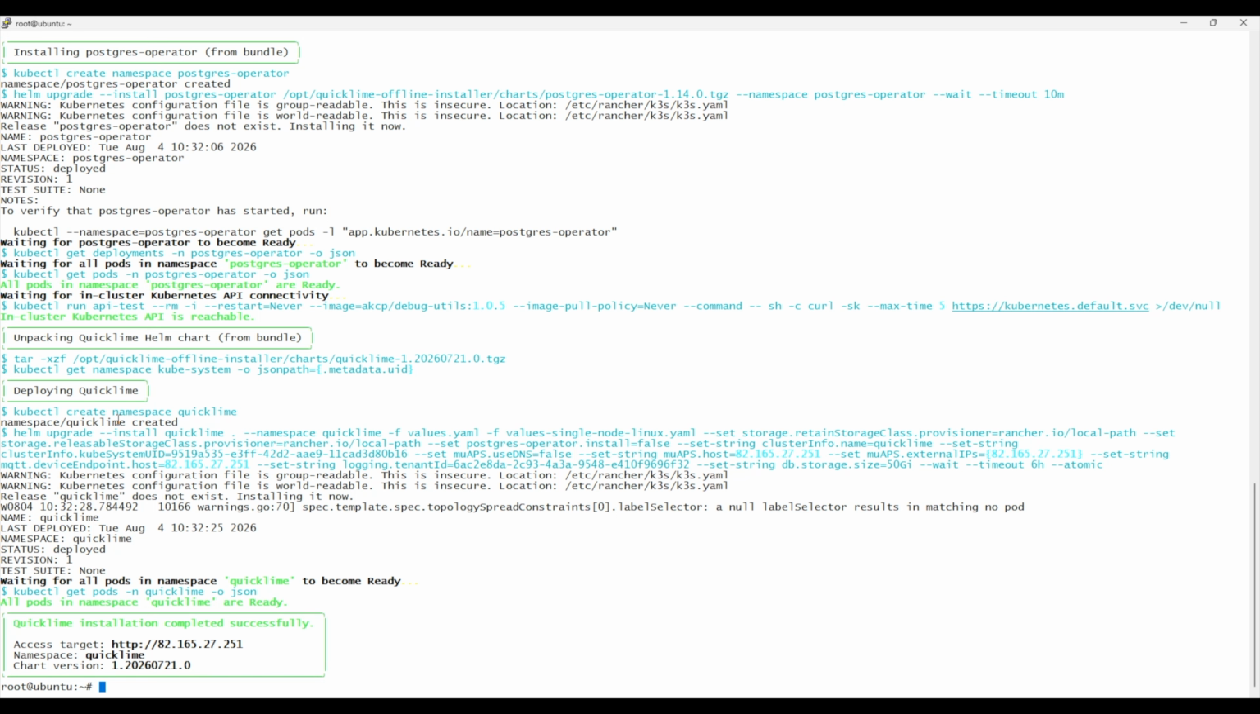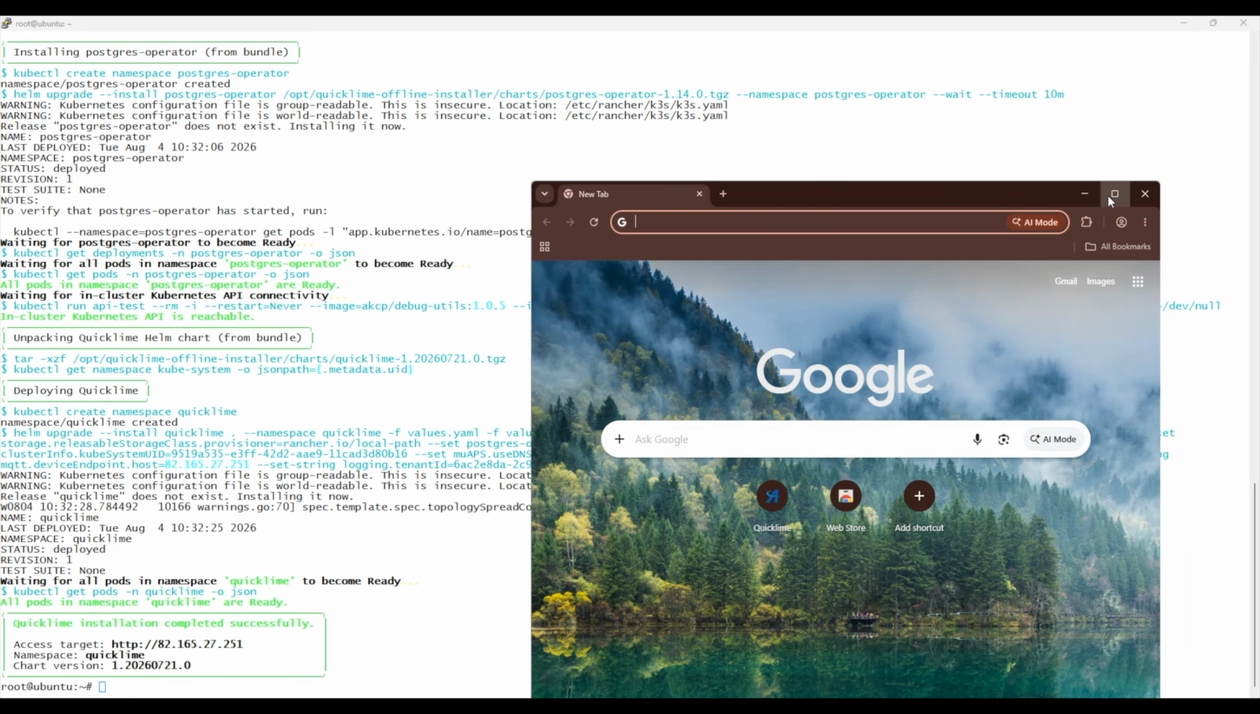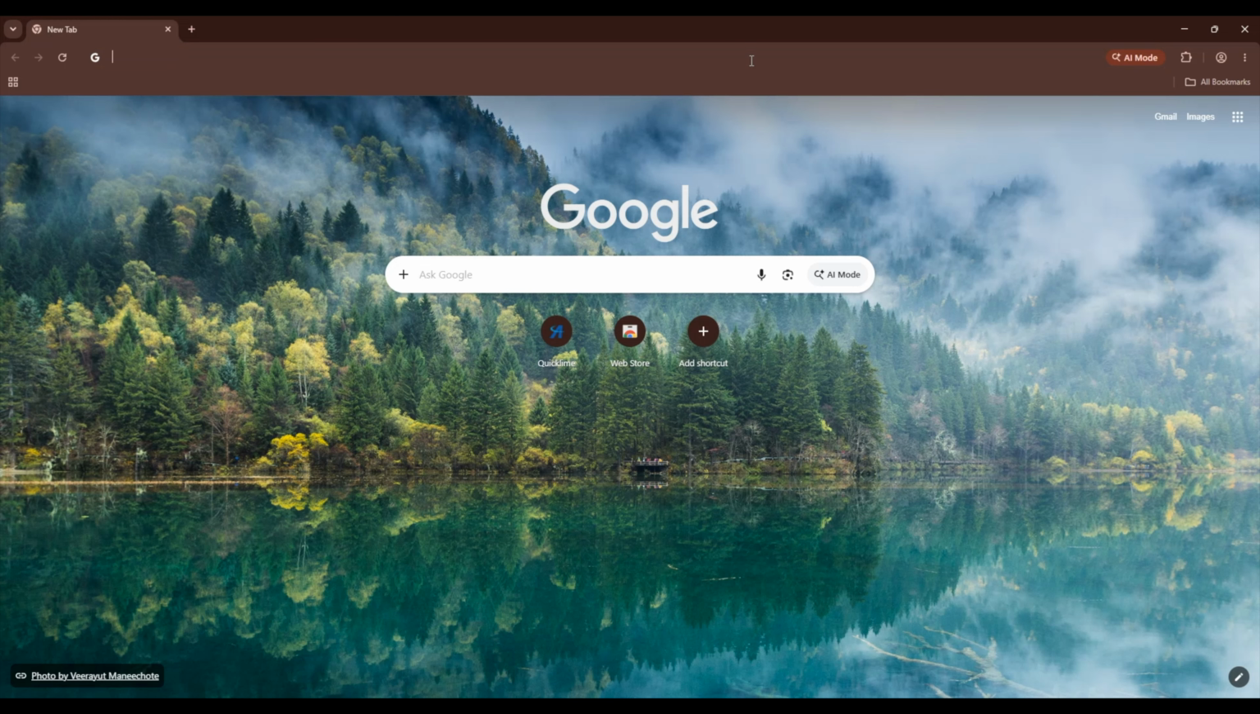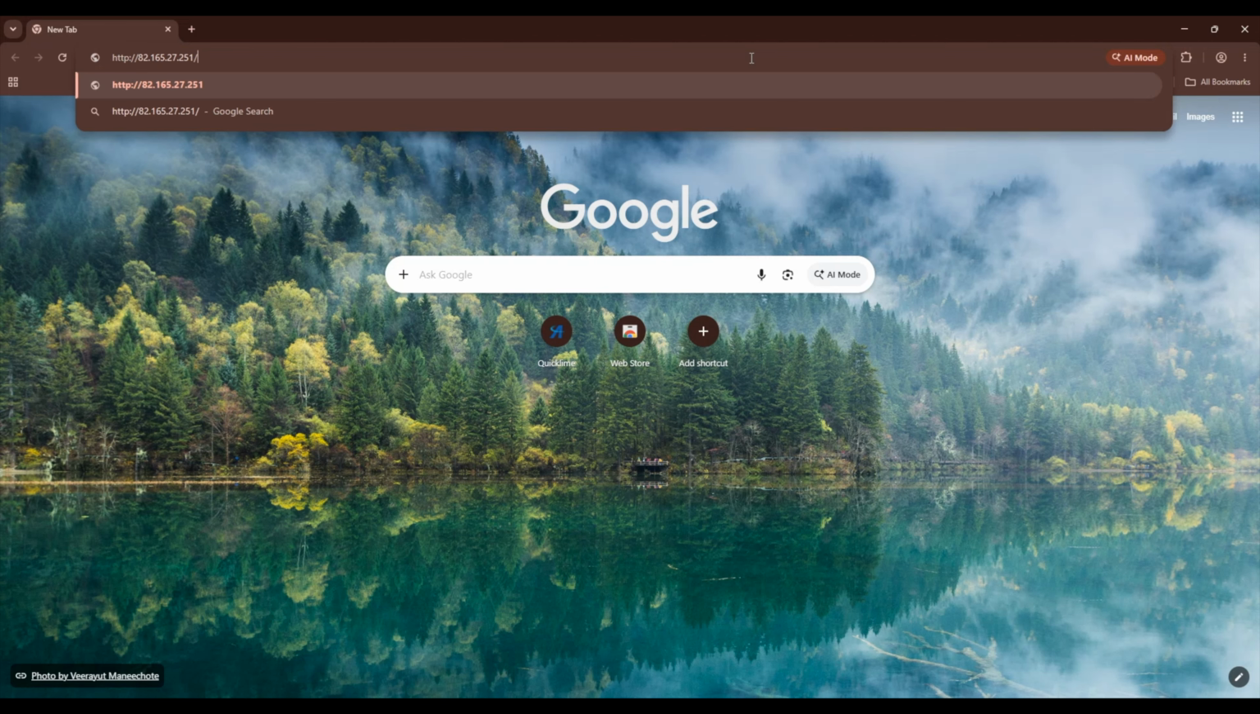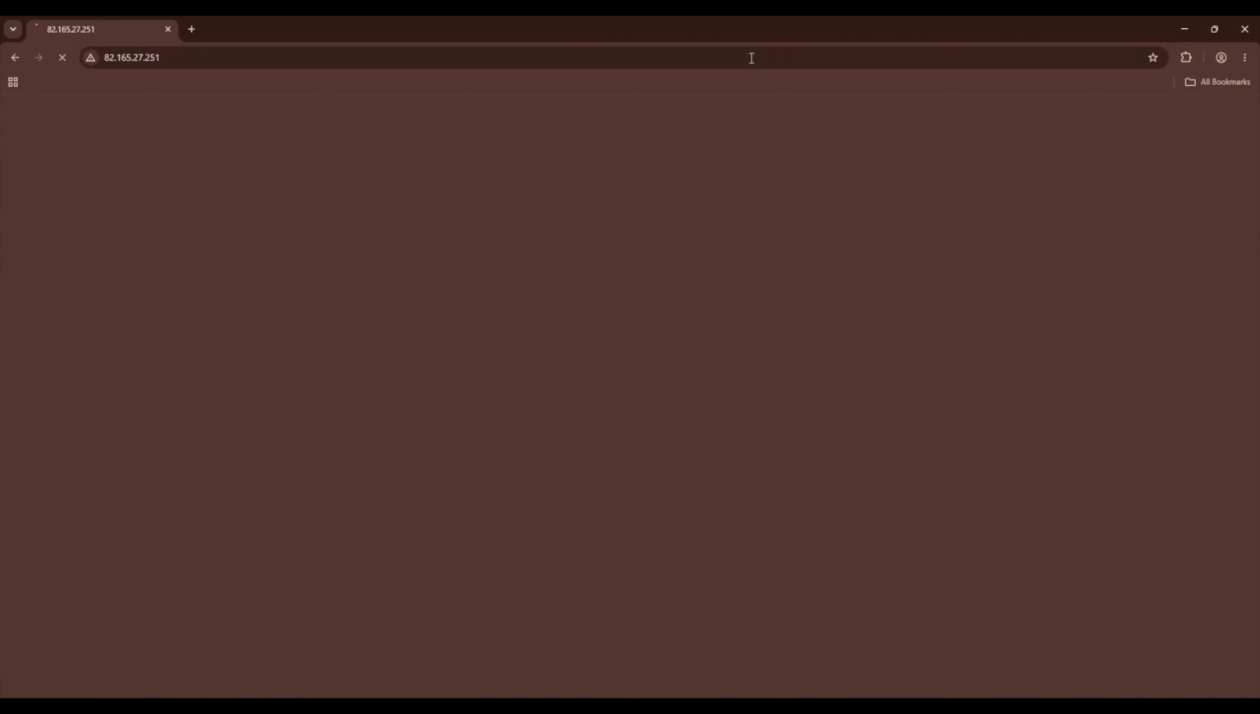So once the installation has completed successfully, which can take several minutes, so don't worry about that, you do just need to be patient, you will see the access target, the namespace, and the version installed displayed there. So the access target, that is the IP address on which you can access Quicklime. So you can go ahead then and open up a browser and input the IP address,